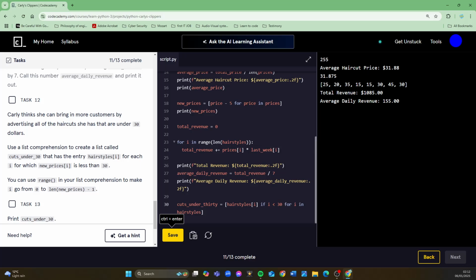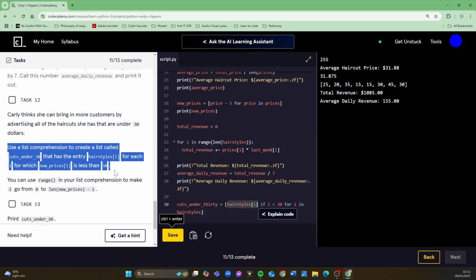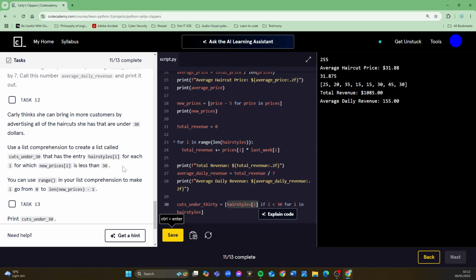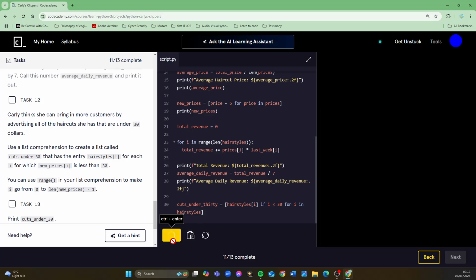But what is the action? Use a list comprehension to create a list called cuts under 30 that has the entry hairstyles I for each I in which new prices I is less than 30.